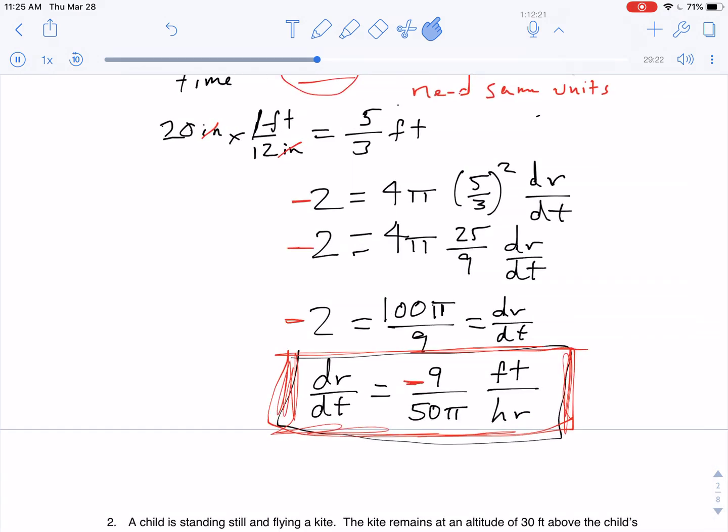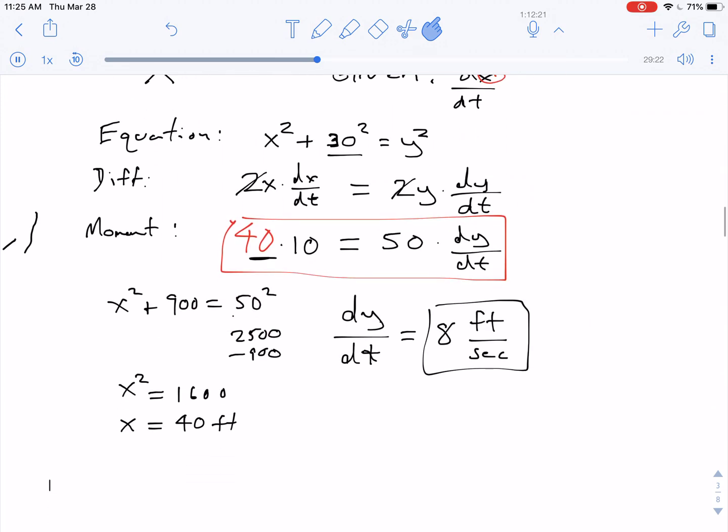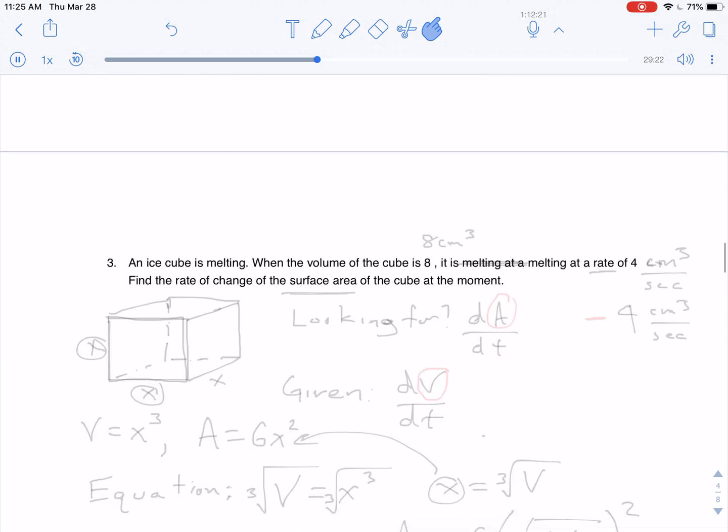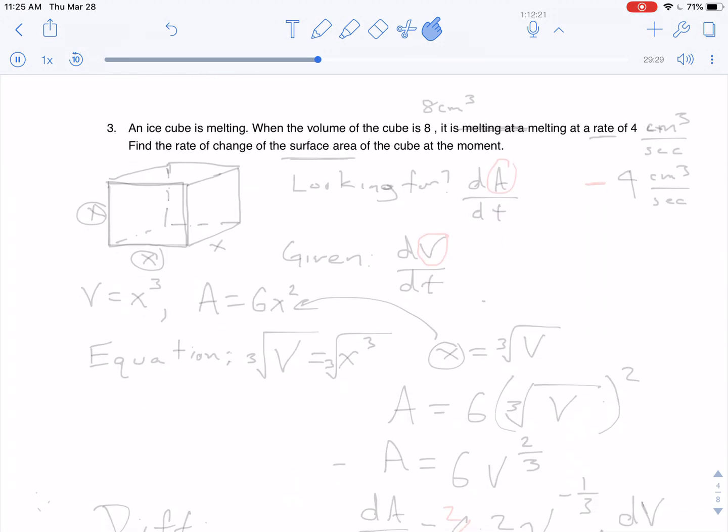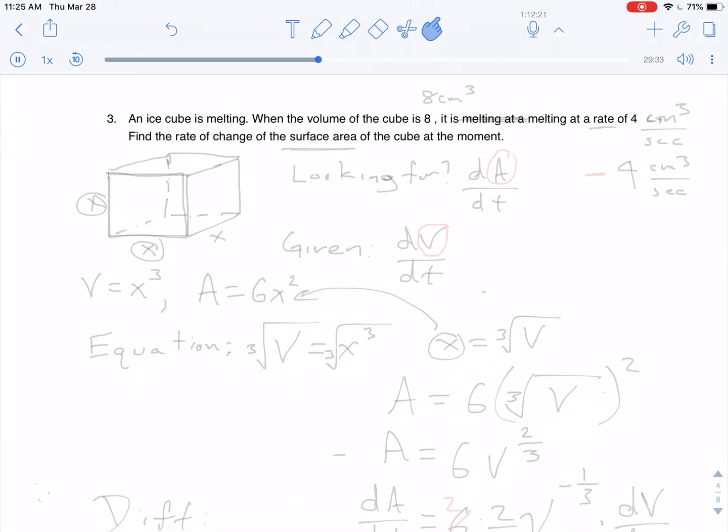So with that in mind, let's go on to the next one, the third one. Very similar to the first one. So it's a good thing I went back to that first one to remind us of what we did in